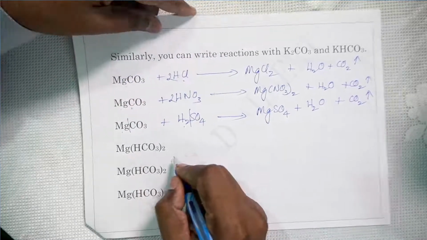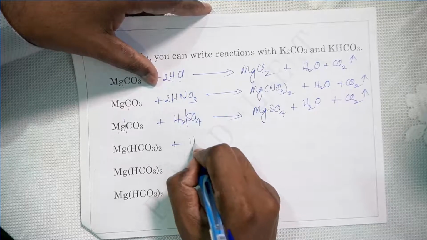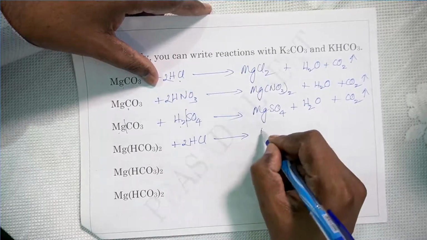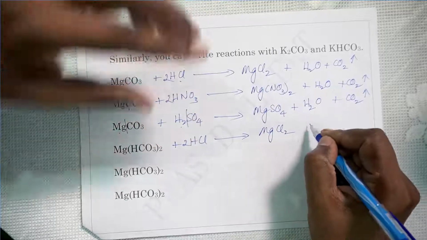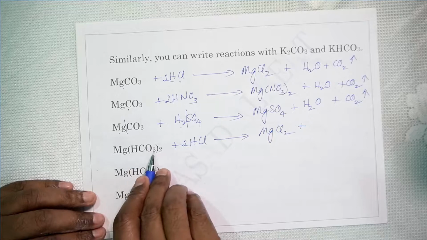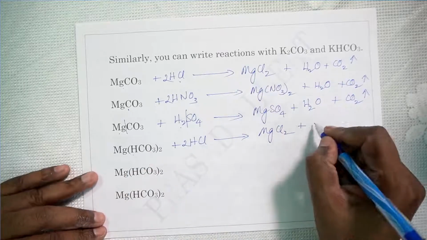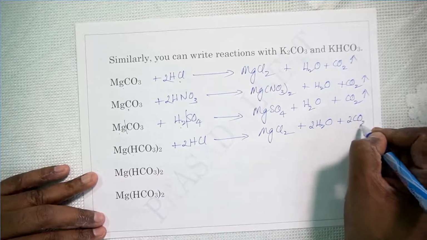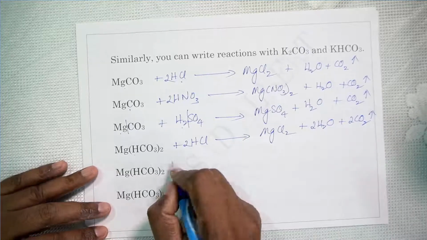Mg(HCO3)2, magnesium bicarbonate. Here you put hydrochloric acid. Now since Mg is there, there has to be 2 HCl, because MgCl2 will be produced. It is a divalent metal. Mg(HCO3)2. So the CO3 group is twice, hydrogen also is twice, so 2 H2O will be there and 2 CO2. Balanced, that's all, nothing to check.